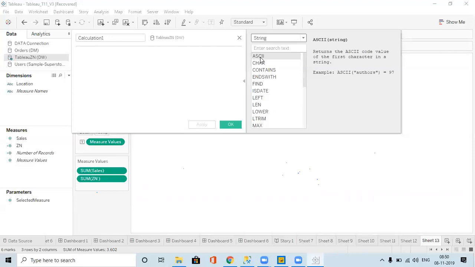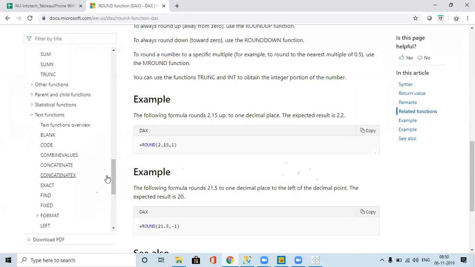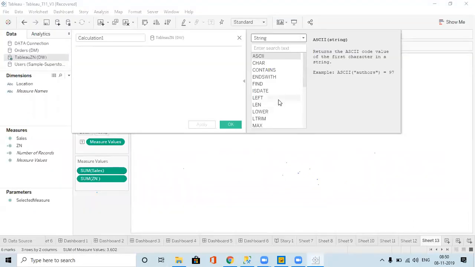It will return the ASCII numbers for the alphabets. We don't use it much. I'm just saying. Similarly, for numbers, it will give the characters, just the opposite of ASCII. Whatever numbers we provide, it will give the text for them.